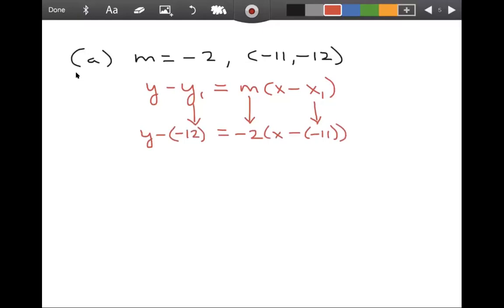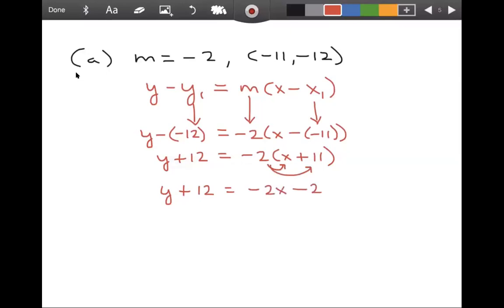All right, so now that I've got it all written out, let's clean that up a little bit. We'll write y minus -12 as y plus 12. Write x minus -11 as x plus 11. Now I'll distribute the -2, which gives me y plus 12 equals -2x minus 22. Now, one thing that I didn't think to point out on the presentation was that they want us to write our answer in